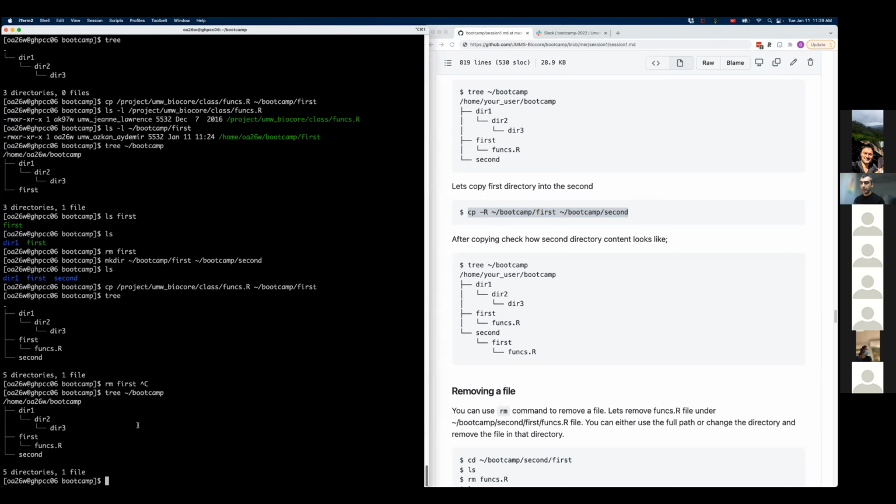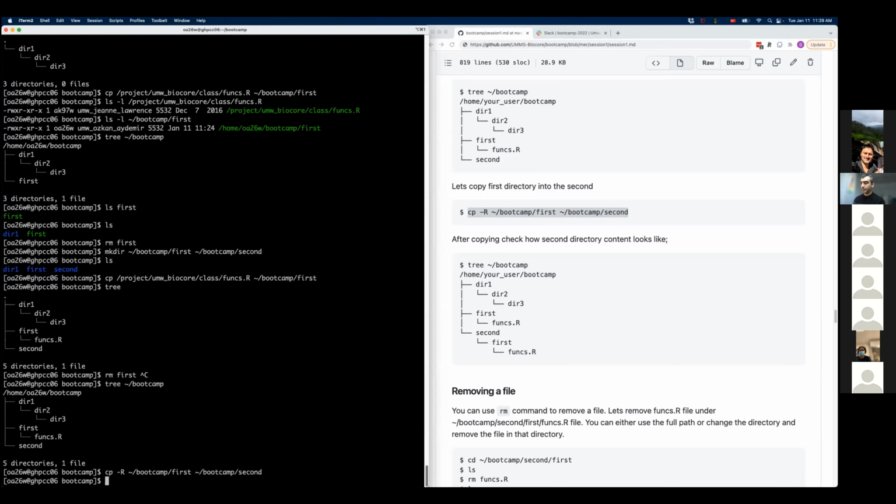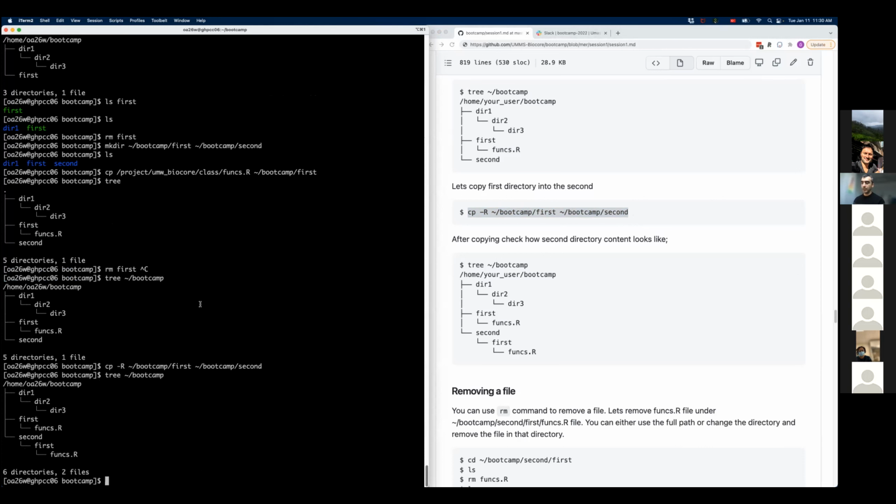Otherwise, directories are not copied by default by the copy command. So now, if I do tree bootcamp again, the structure has changed. I now copied the first folder with the funcs.R file in it into the second folder.